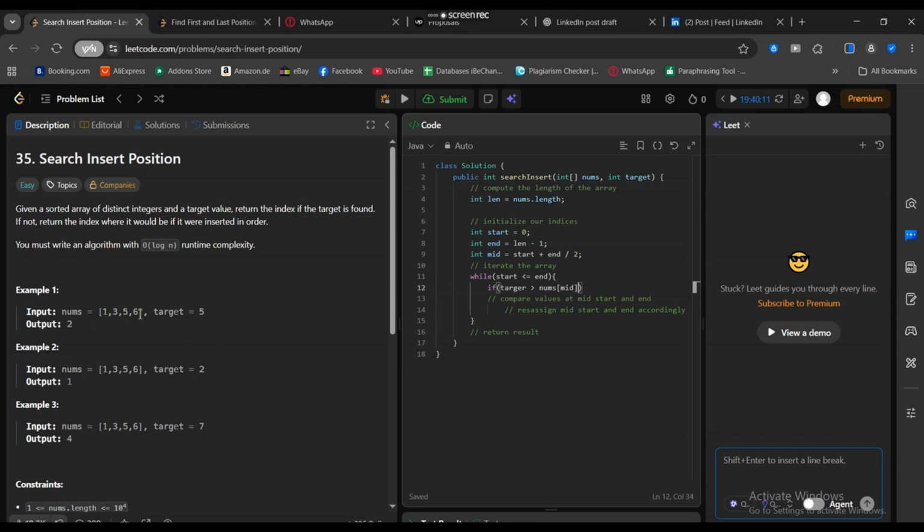So if target is greater than nums mid, then it means that the target is in the top half. So we want to make start equal to mid plus 1. So that will be start equals mid plus 1,